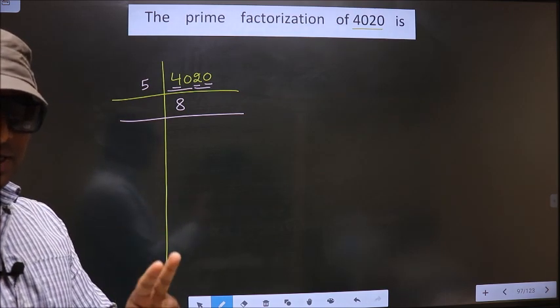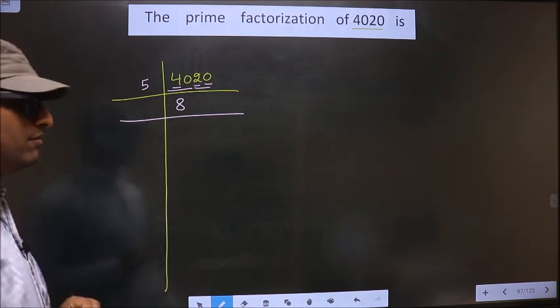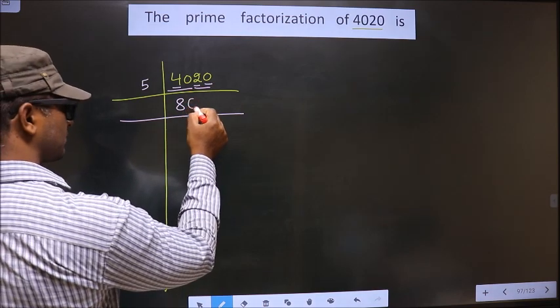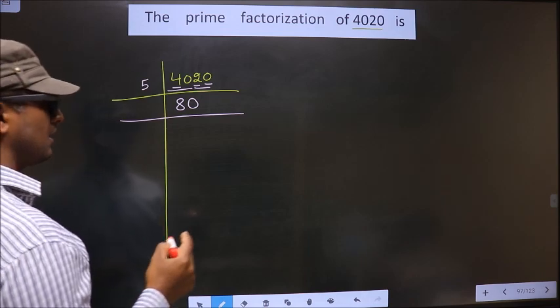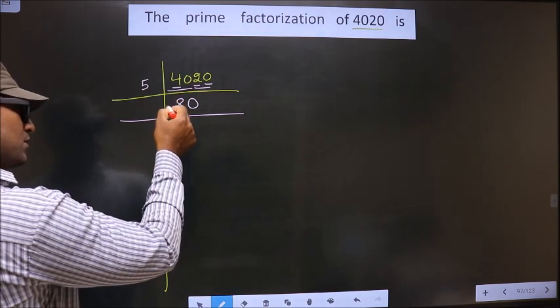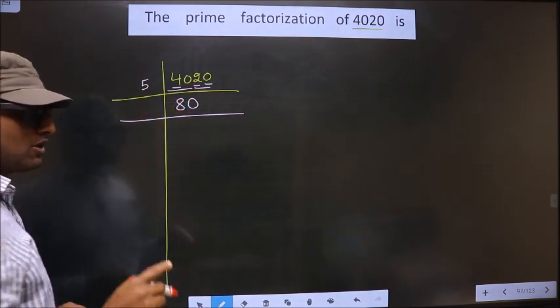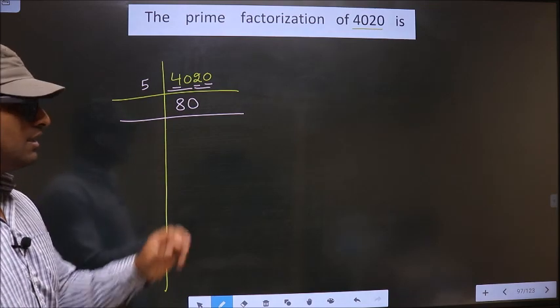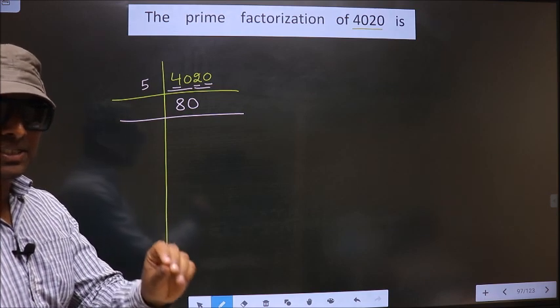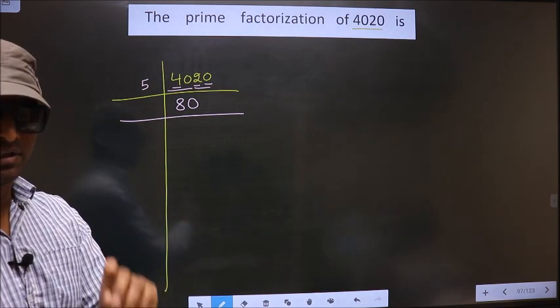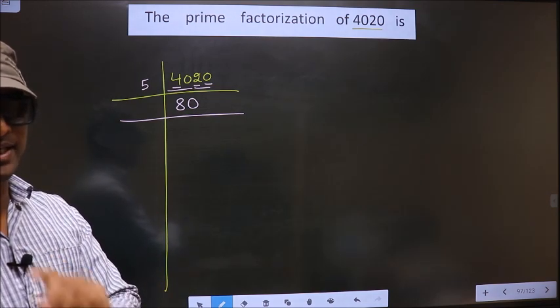Whenever we take two numbers, compulsorily we should put 0 here. At the start also we had taken two numbers, but there whether I put 0 or do not put 0 is not going to make any difference. But in between, if you are taking two numbers, compulsorily you should put 0. It's a rule, remember that.